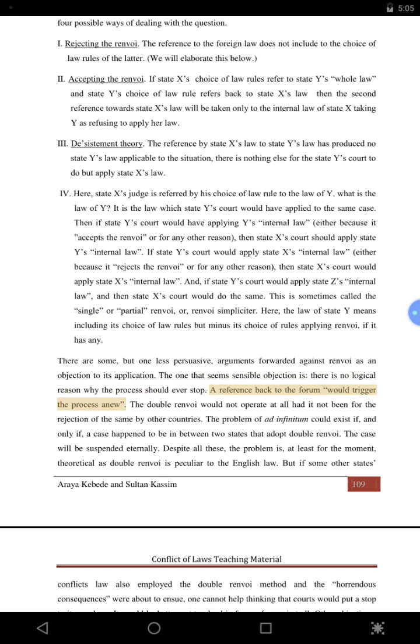A reference back to the forum would trigger the process anew. The double renvoi would not operate at all had it not been for the rejection of the same by other countries. The problem of ad infinitum could exist if, and only if, a case happened to be between two states that adopt double renvoi. The case will be suspended eternally. Despite all these, the problem is, at least for the moment, theoretical, as double renvoi is peculiar to English law. But if some other states